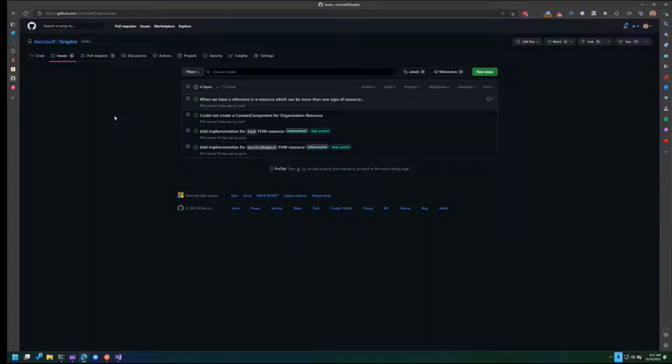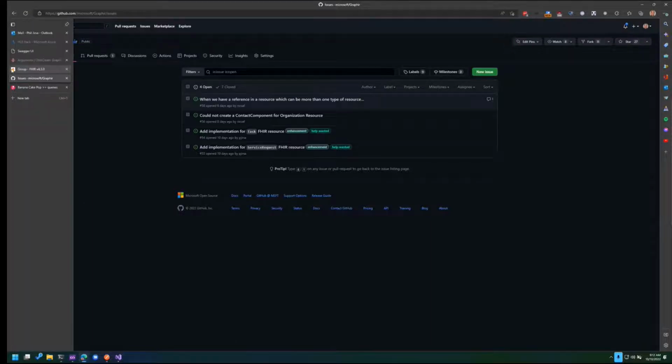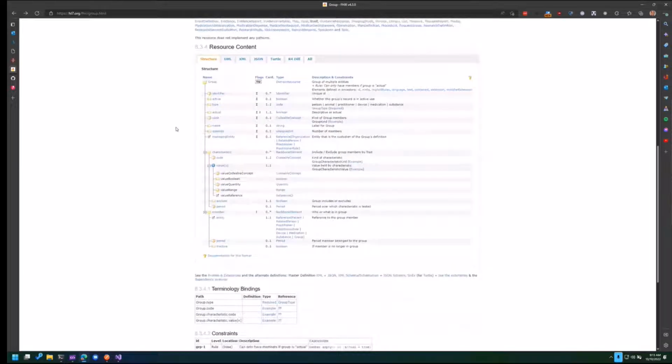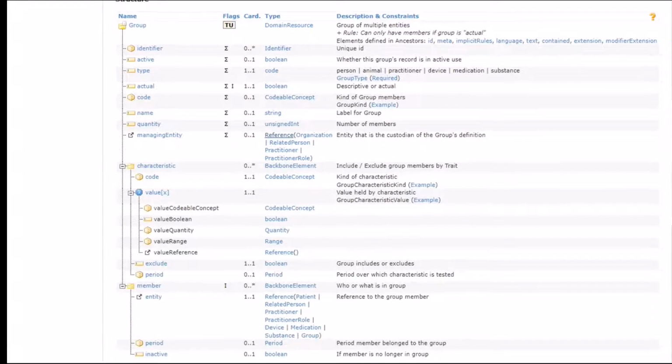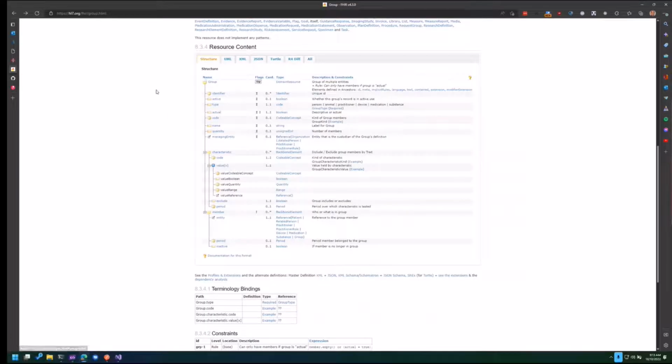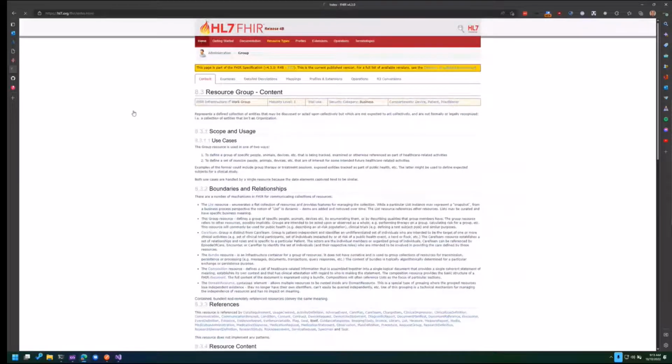And it's always a different number of resources or a different list of possible resources. So, as an example, if I look in the FHIR spec, this is for just a very basic resource type called group. And you can see here in managing entity, for example, is a reference. Maybe I can zoom in a little bit on that for the video. And you can see that the reference could be to any one of these other resources: organization, related person, practitioner role. Okay, that's great. What if I go to a different resource,